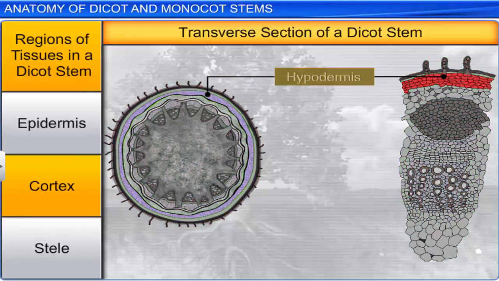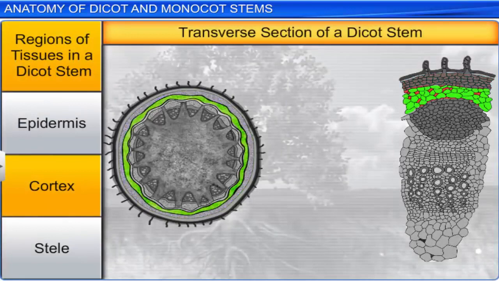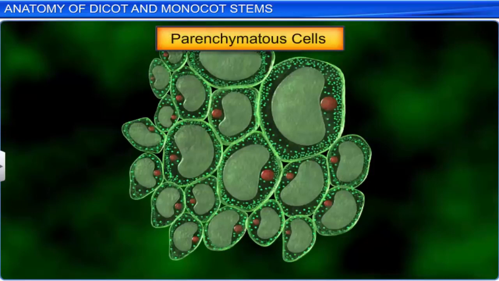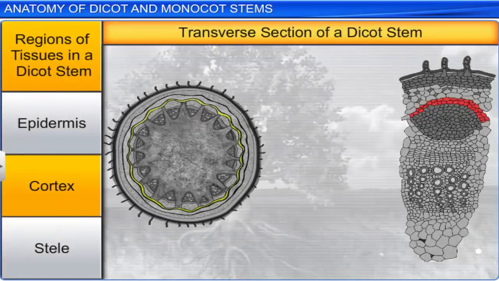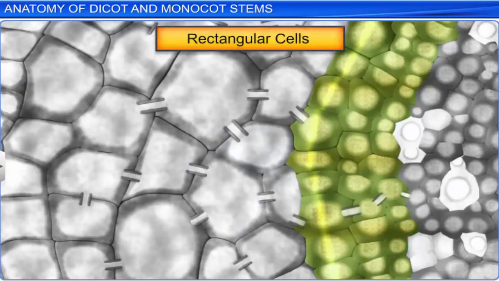The hypodermis is the outermost zone of the cortex, which consists of a few layers of parenchymatous cells. These cells strengthen the young stem of a plant. Below the hypodermis are cortical layers of round and thin-walled parenchymatous cells with intercellular spaces. The third or the innermost zone of the cortex is known as the endodermis. It is a single layer of tightly packed rectangular cells which are rich in starch grains. Therefore, this layer is also known as the starch sheath.